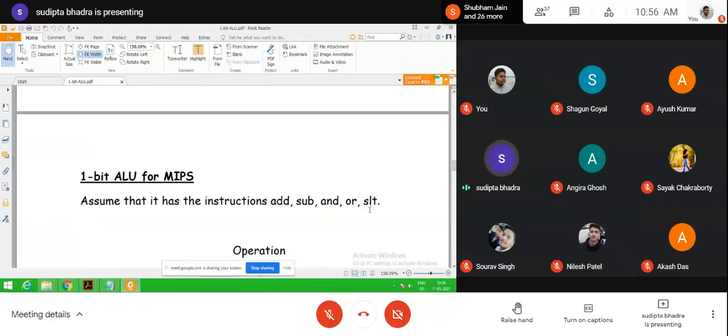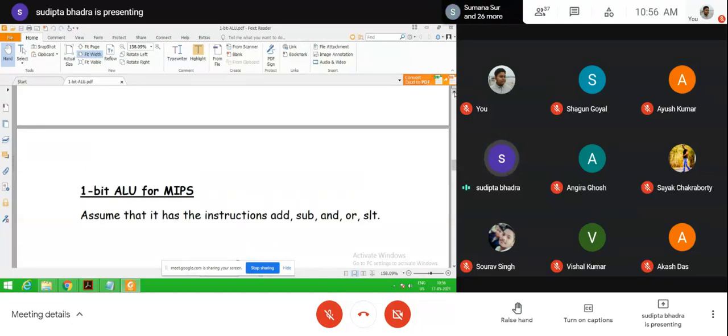So set less than is checking whether A is greater than B or A is less than B. Now if there is any question that asks to design an ALU, you don't have to use the SLT set less than, because the 1-bit ALU for MIPS is a particular architecture which was first implemented as a 32-bit ALU design, and after that it is also used for 64-bit ALU design.